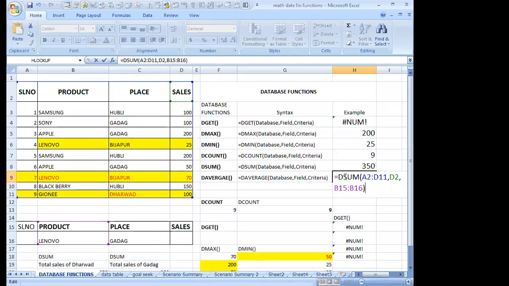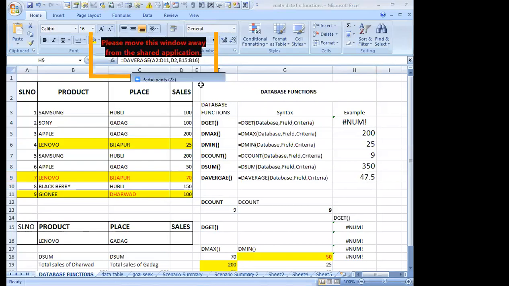DAVERAGE, I'll write here average. See the answer here, DAVERAGE. The database first, and that is sales, it has to perform the average.